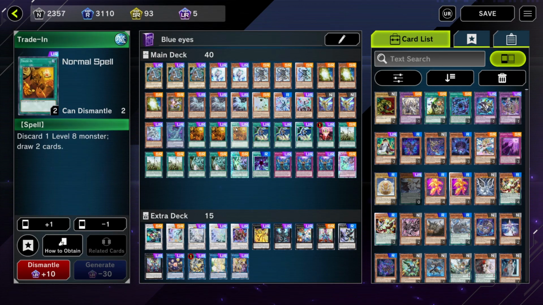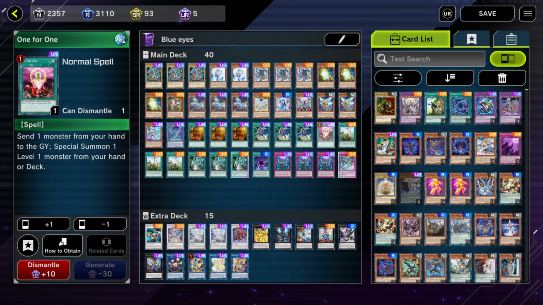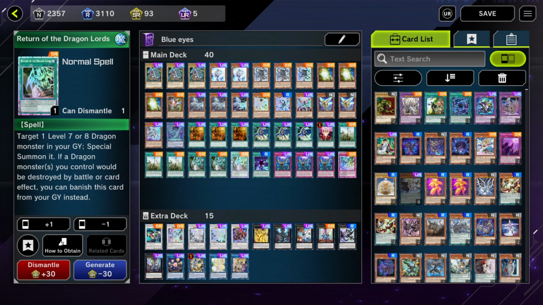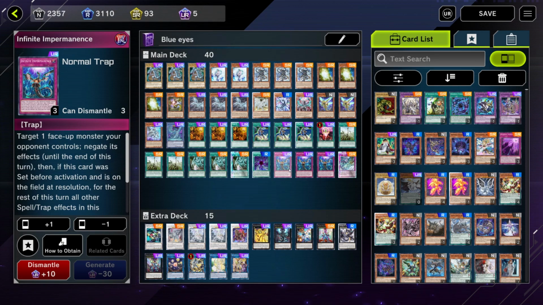Obviously, this is draw power, more draw power. I run 1 for 1, which allows me to get like a tuner out for free. I run 3 of these, which I know a lot of Blue Eyes players don't really run. I've seen a lot of Blue Eyes decks with only 2. I run 3 of these because I like to have